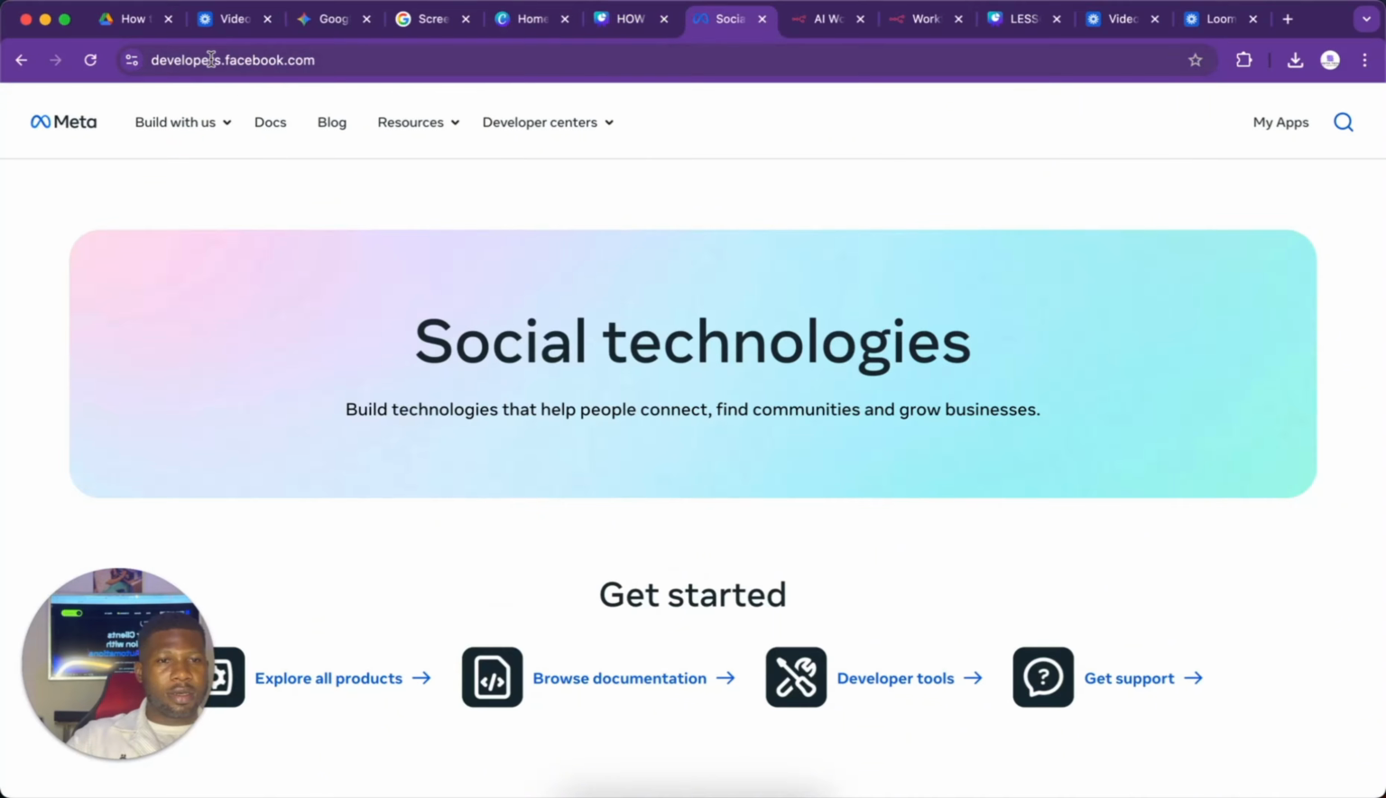So once you go here, it will tell you to maybe create an account or log in if you're not already logged in. Me, I've already logged in, so that's why I'm seeing my apps. Once you're logged in, let's go to my apps, and once it loads, I can create the